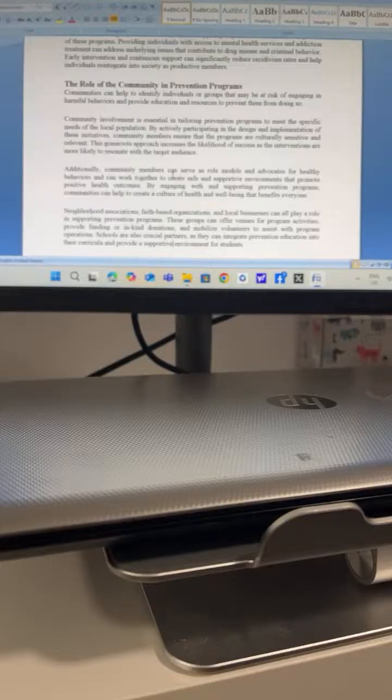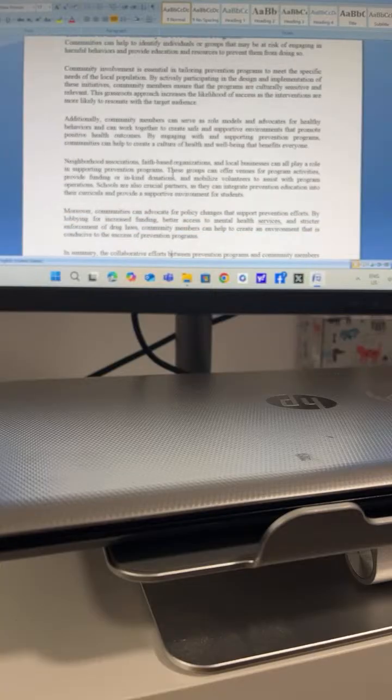These groups can offer venues for program activities, provide funding or in-kind donations, and mobilize volunteers to assist with program operations. Schools are also crucial partners as they can integrate prevention education into their curricula and provide supportive environments for students. Moreover,